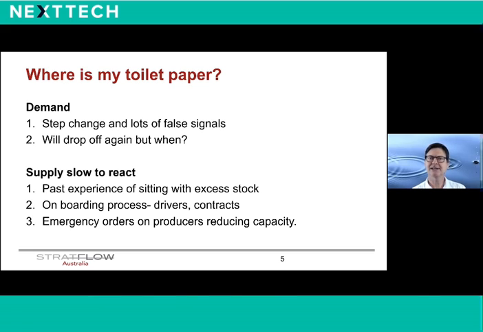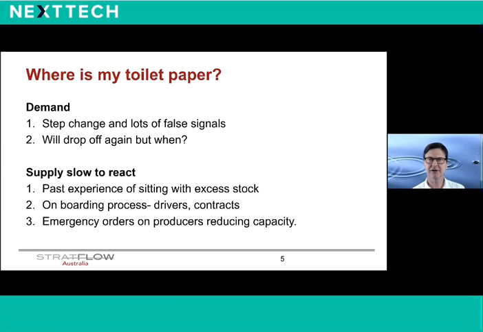Suppliers know when there's a spike in customer demand, and that the further away they are from this demand, the higher the orders in the system become. And much of this, they know, are phantom orders. Many have been burned in the past with supply contracts where they then sit with the excess stock when the demand normalizes. And another issue was that extra drivers had to be appointed and trained to deliver this material. So as emergency orders started piling up at the manufacturers, they had to break into runs to deliver the most crucial orders, and effective capacity reduced even further.